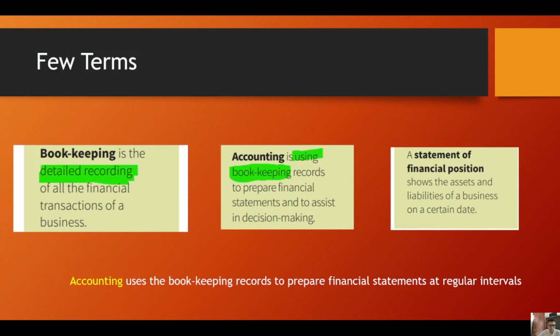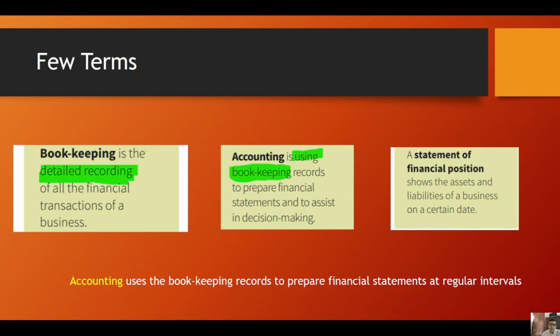So first of all, learning new terms is much more important, and the key terms are bookkeeping, accounting, and statement of financial position. Bookkeeping is the detailed recording of all the financial transactions of a business. For example, when you go to your bank statement, there is a record of every transaction. Bookkeeping is like that, but